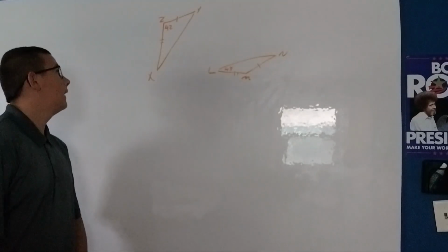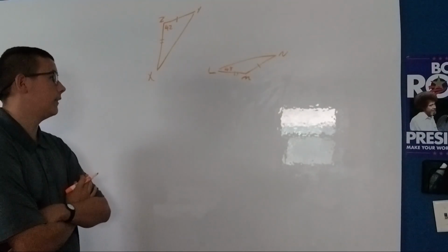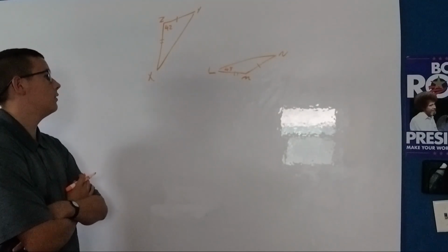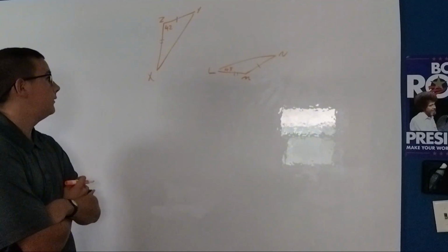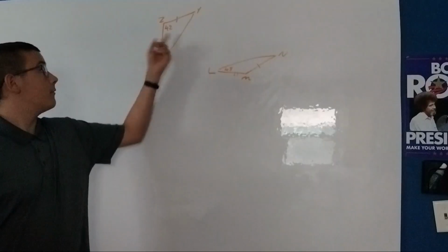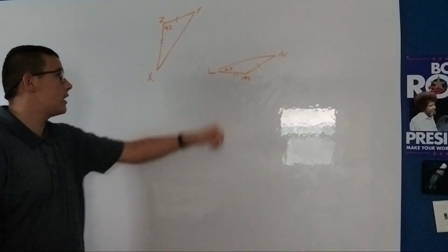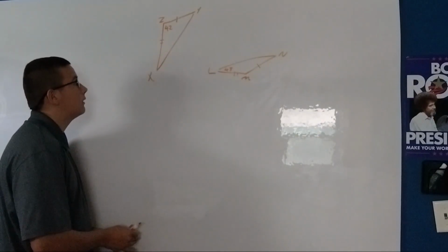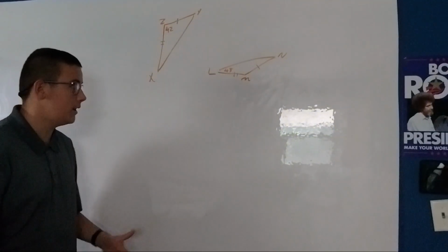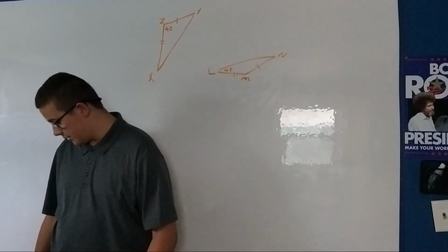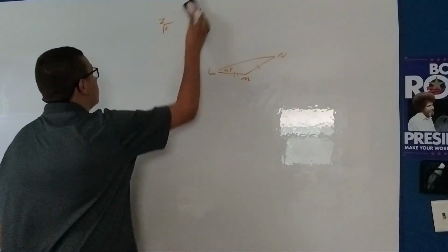Now I ask you, which side is larger, XY or LN? And I couldn't tell you this one because these 2 angles are in different spots and they're measuring 2 different sides, right? So there's no way to tell, and this was more of a trick question than anything. And now, finally with that,